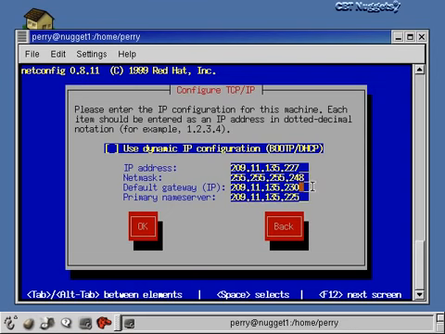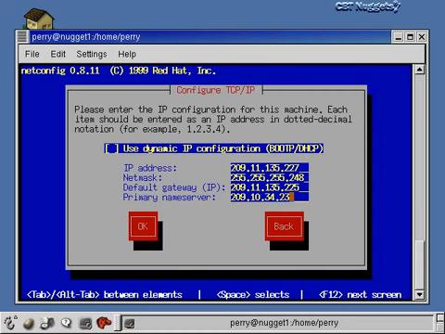The gateway for me is actually address 225, not the address they guessed. What the gateway is, though, is it's kind of like your front door to the rest of the internet. This is where your computer and all the other computers on your ISP's network use that gateway to get out to the rest of the internet. Okay? And for my name server address, they were pretty far off